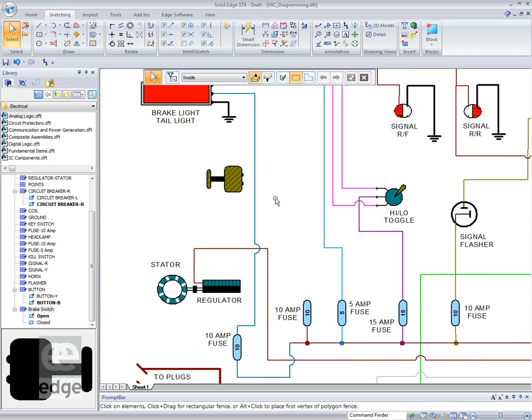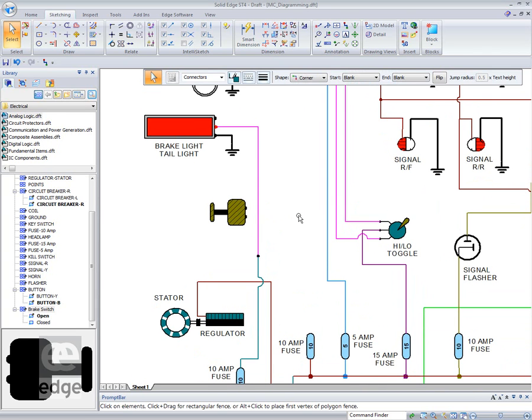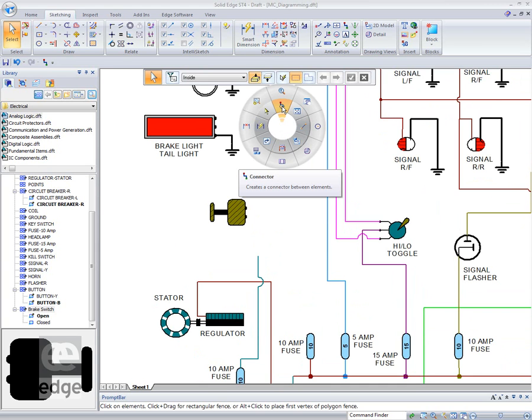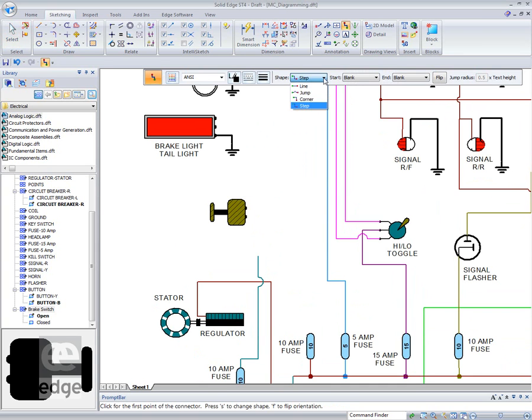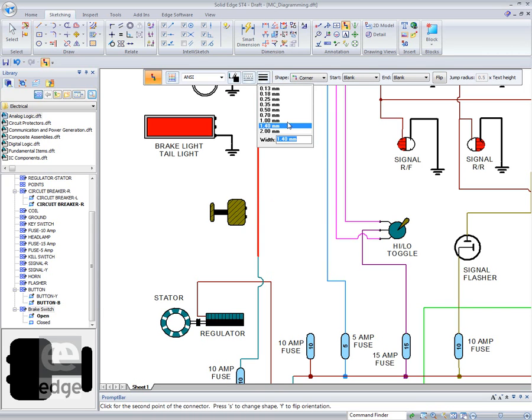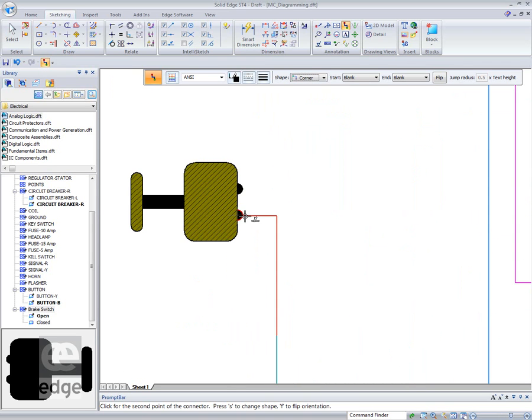put it there. Now we want to delete that connection, and I want to put a corner in here. Select my connector tool, and I want to have a corner from there. Now this time I want to have this turquoisey type color and the line thickness back to 0.7. There we go, and I want to connect to that point,